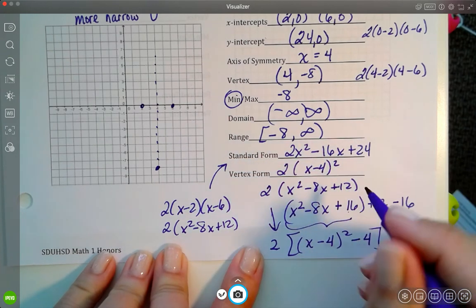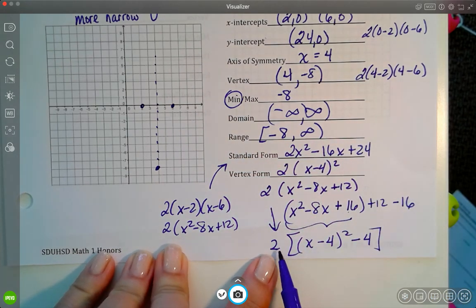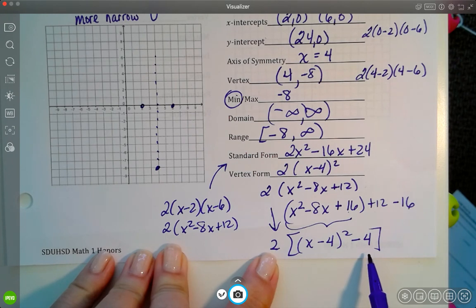And then I have to remember, this is the part that students often forget. I have to multiply 2 times this number as well. So minus